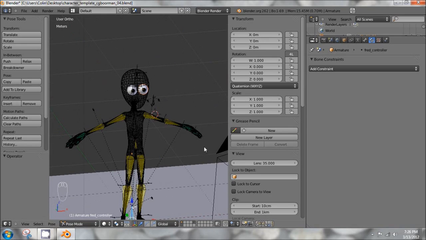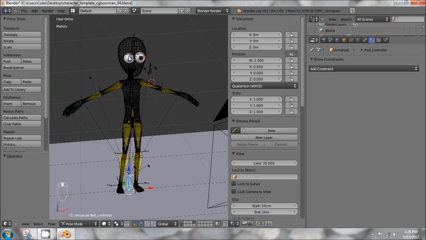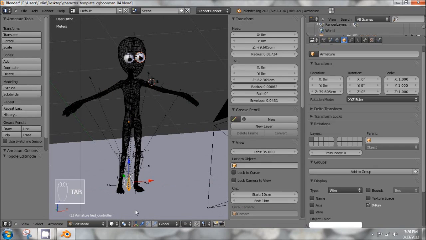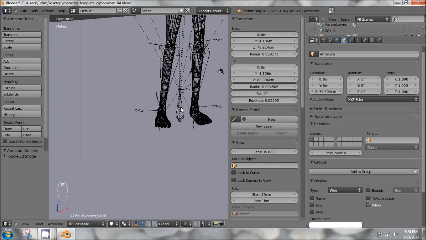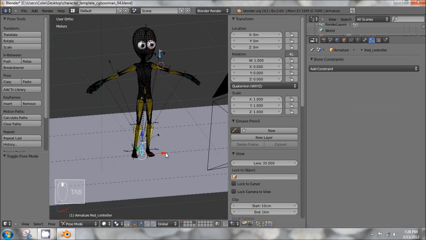But I'm going to go back into edit mode in the bones and then select the eye target bone, then select the Fred controller bone and press Ctrl P and keep offset. So now in pose mode, if I move the Fred controller bone only, it still moves everything and the eyes remain